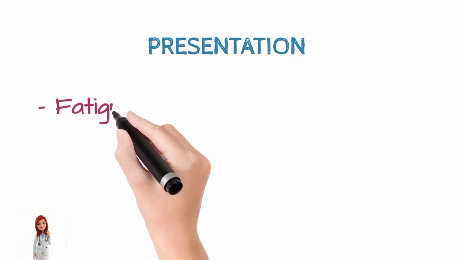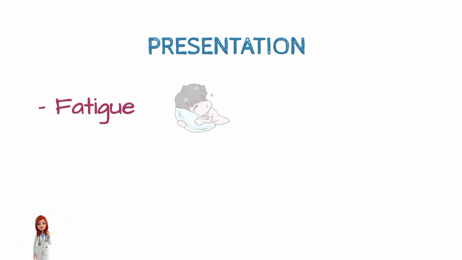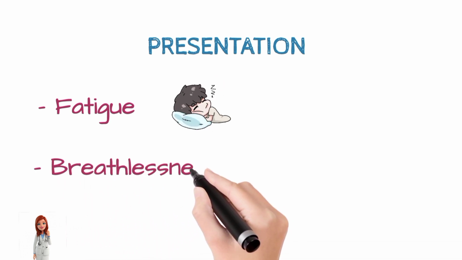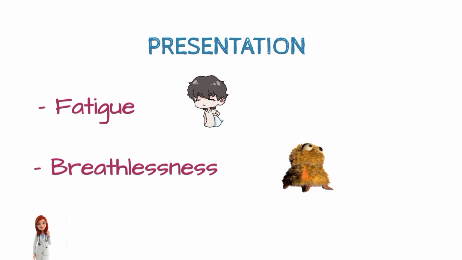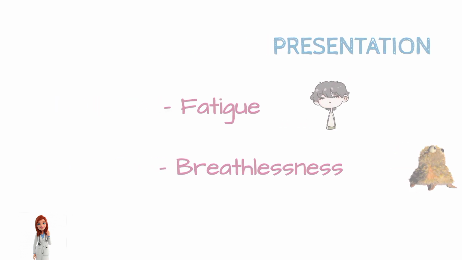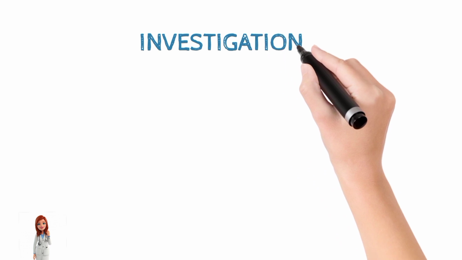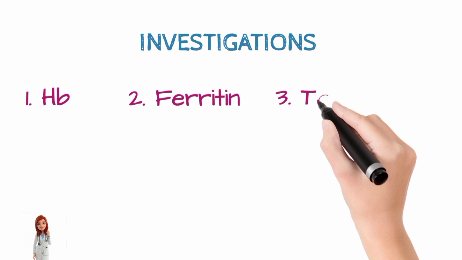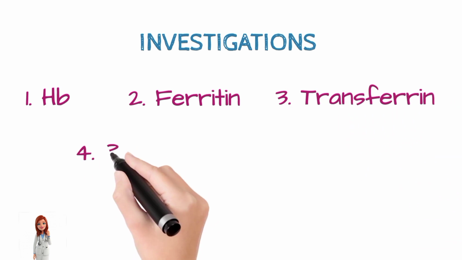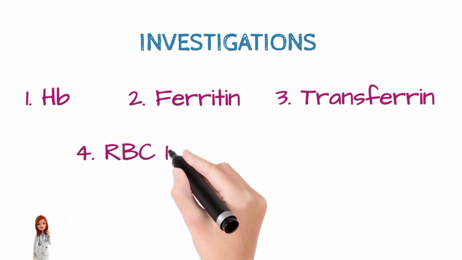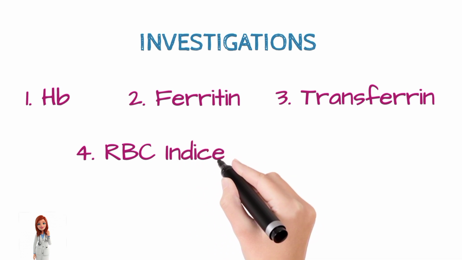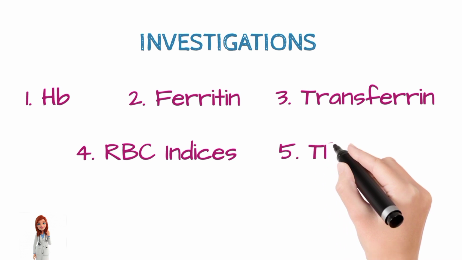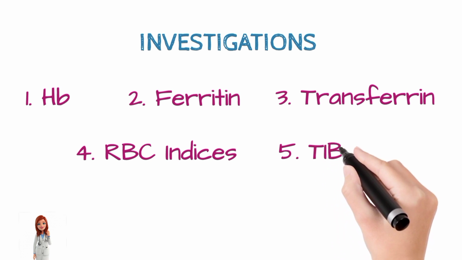The patient mainly presents with fatigue and shortness of breath. Besides, the patient may be found to be pale and may have a systolic murmur in the mitral area in the very severe cases. On running the tests, the hemoglobin concentration along with transferrin, ferritin, and RBC indices including the MCV, MCH, MCHC are decreased. As the iron concentration is decreased, the iron binding capacity is increased,